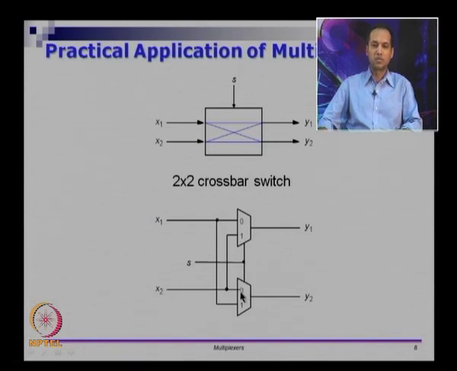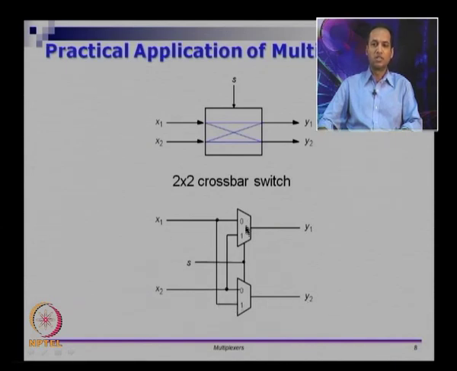X2 is connected to the 0th pin of this mux, and x1 is connected to the 0th pin of the other mux. So if S is 0, x1 will be connected to y1 and x2 will be connected to y2. However, if S is 1, then x2 will be passed on to y1 and x1 will be passed on to